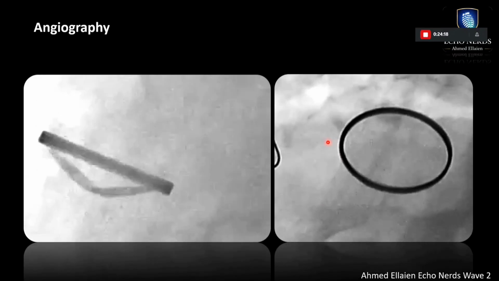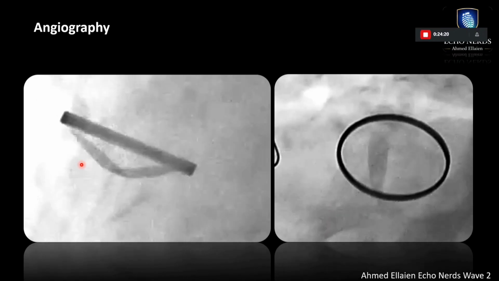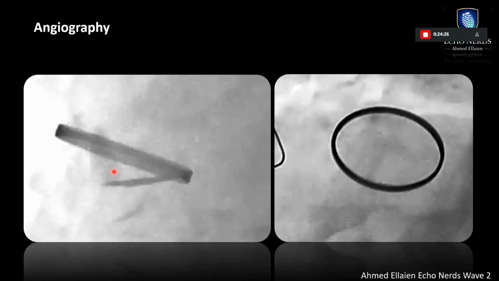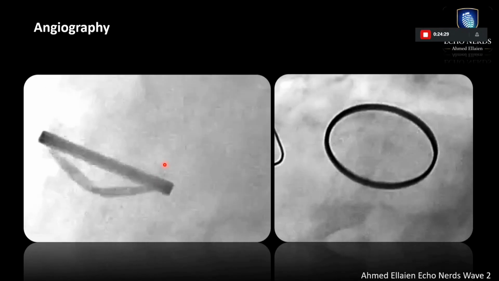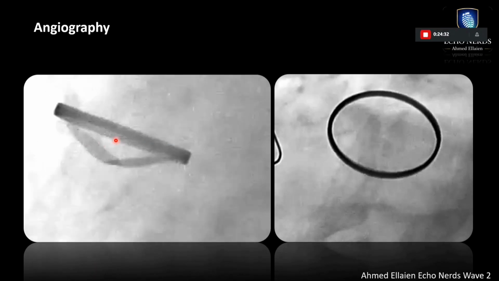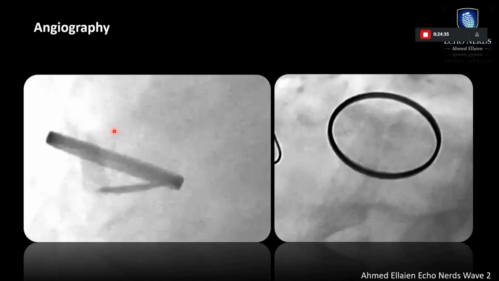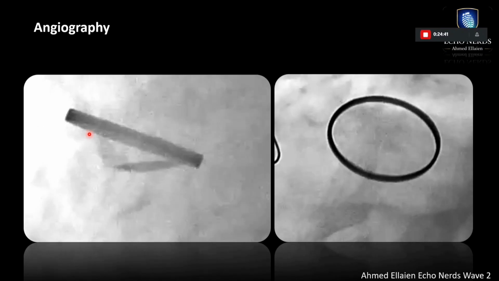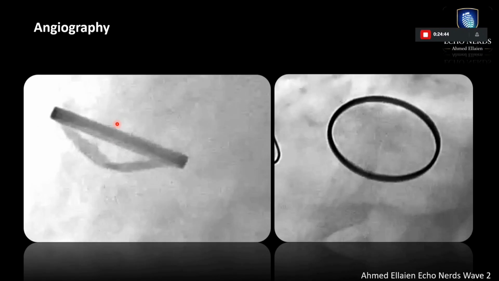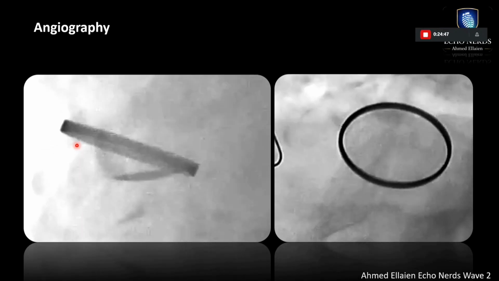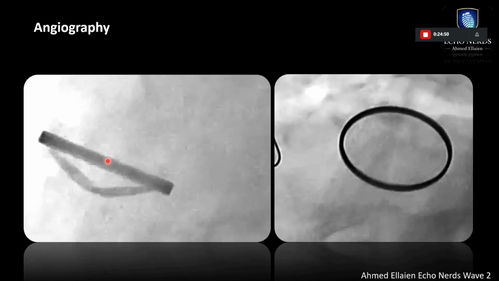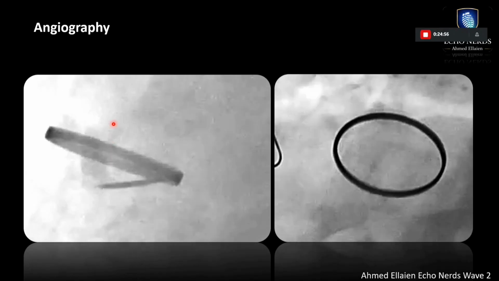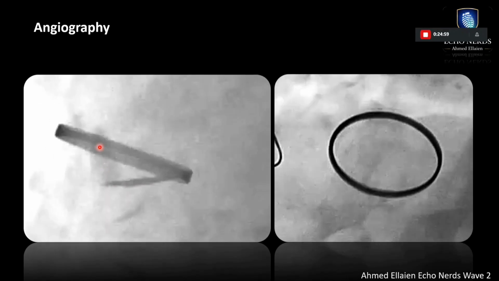In angiography, we can appreciate the concept of the full range of movement of the leaflets. Here we have the ring and two leaflets of a mechanical prosthesis. One is moving up and down, but if you look more carefully, you can see that even when the leaflet moves upright during opening, it does not reach the full range. This leaflet has to move up making an angle of 85. No, it only makes an angle during opening,